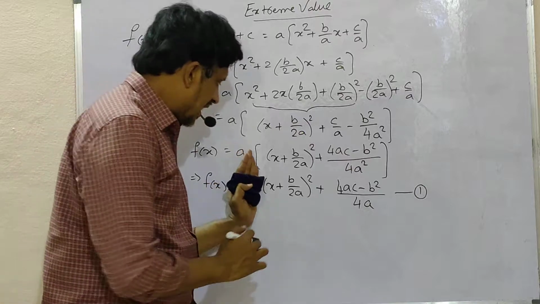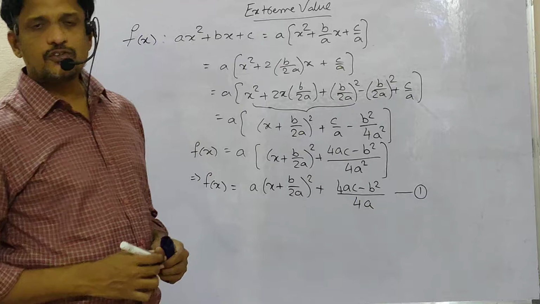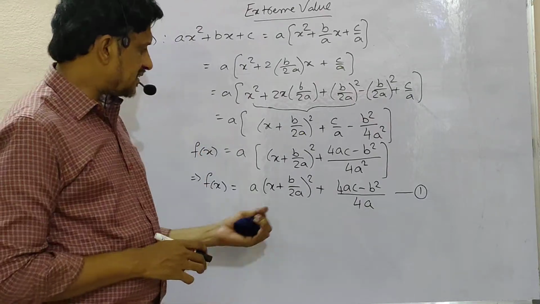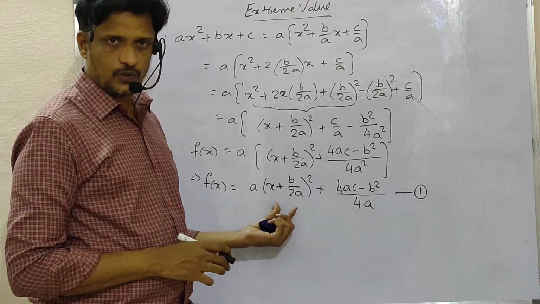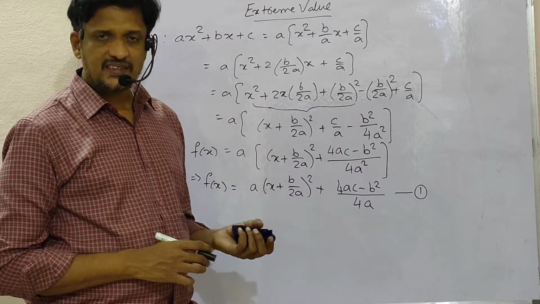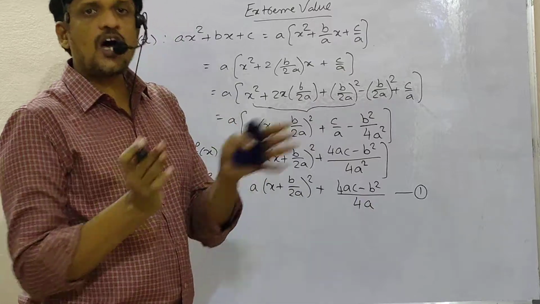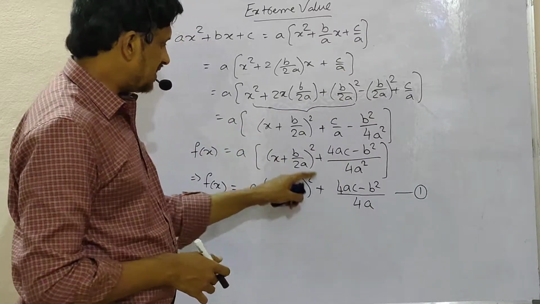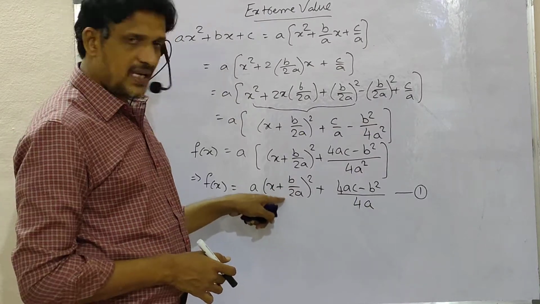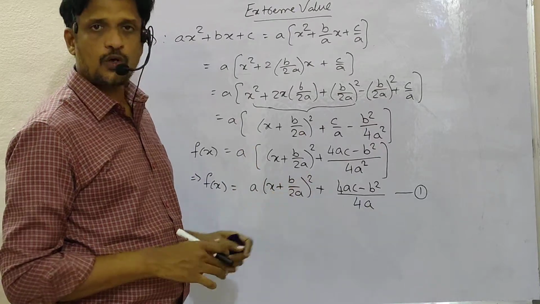We will discuss this. Now if you consider the second part here, x plus b by 2a whole square, the square of a number gives a non-negative value. That means for x plus b by 2a whole square, the least possible value is 0. You will get either 0 or positive. So this is always greater than or equal to 0. The minimum possible value is 0 here. You will not get any negative sign because of this whole square.